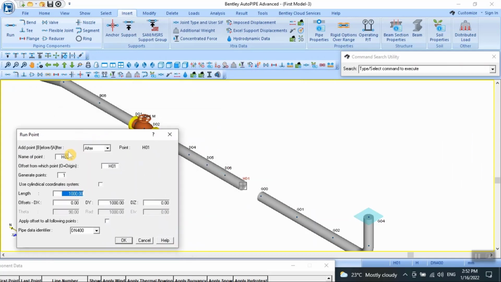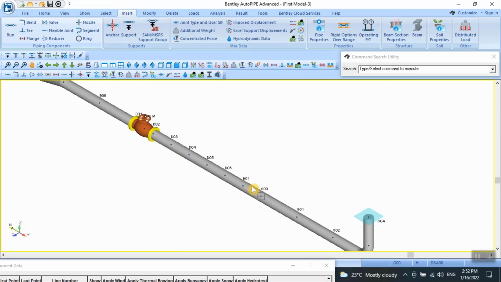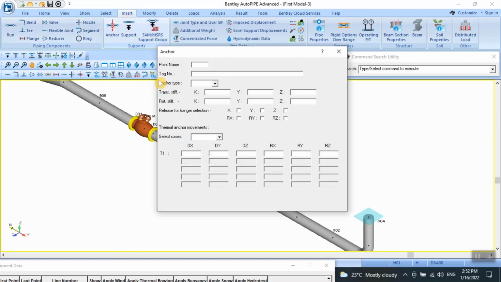but the name of the second point will not be H02 because we wanted to connect directly with G00. So this will be G00, and the same, this is disabled because the software knows now the coordinate of G00. You press OK, and now you have this segment. You will go to the midpoint or the pump point, and you will insert an anchor with 0 displacement this time,